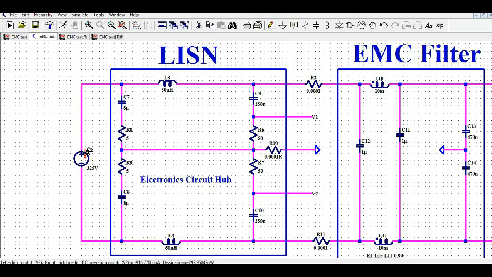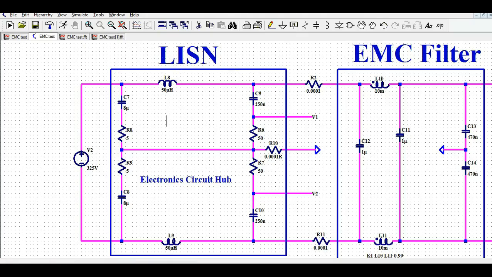So in my case, I am using the DC to simulate it. I am not using the AC sine source. And if I want to use an AC sine source, then I have to use a rectifier, or AC-DC rectification. So right now I'm using 325 volt DC. And if you look at this